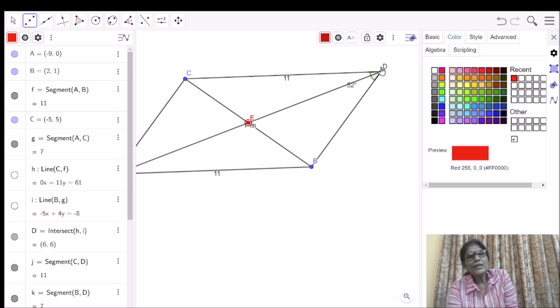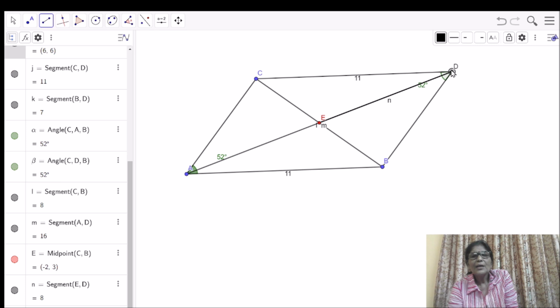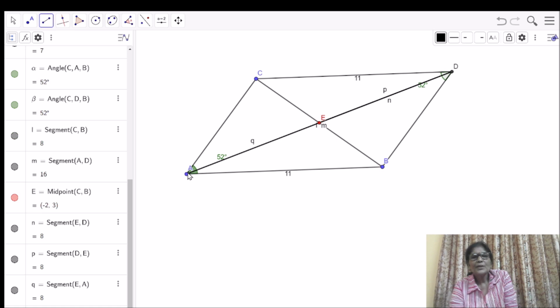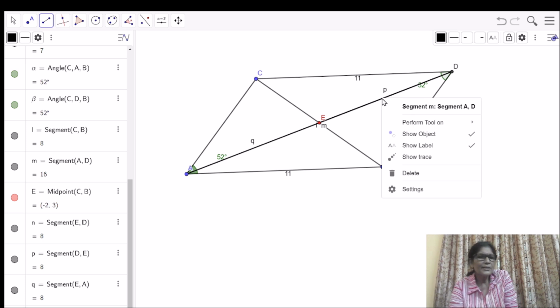Now you can measure ED and AE. These two will be equal to each other. So for that, I will take this line segment ED and EA.